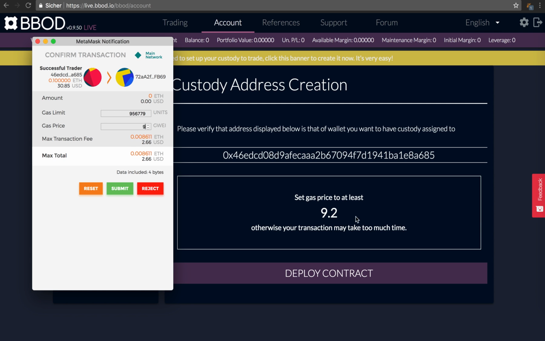Here, BBOD tells us that 9.2 gas is necessary, 9.2 GWEI, G-W-E-I. So I'm going to use 10, no less than 9.2. If it says 8.2, you use no less than 8.2. The highest I have seen it go is 12, but this depends on how heavily used the Ethereum mainnet is. So now I click Submit,